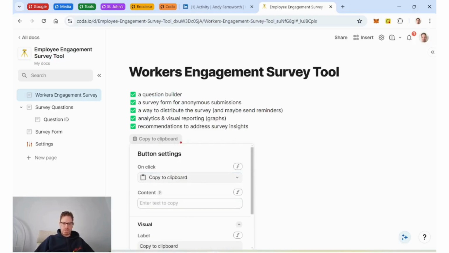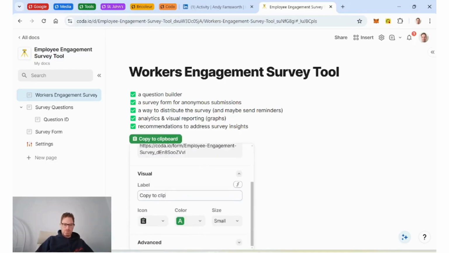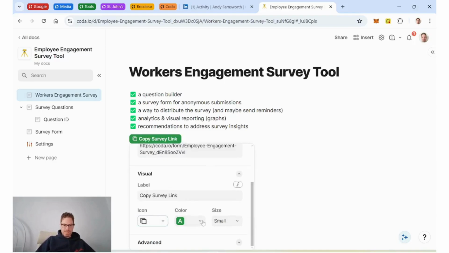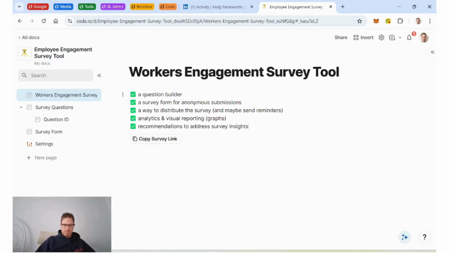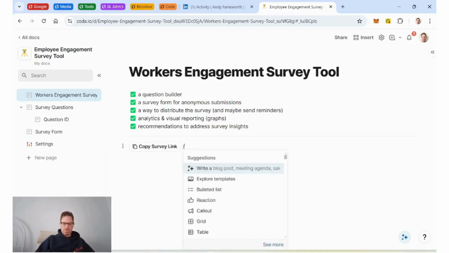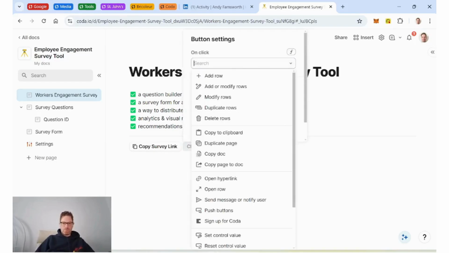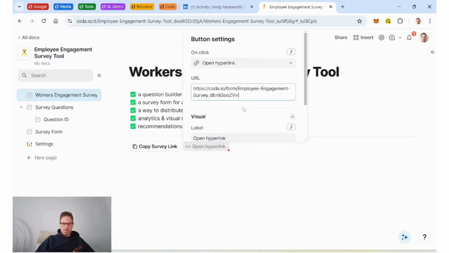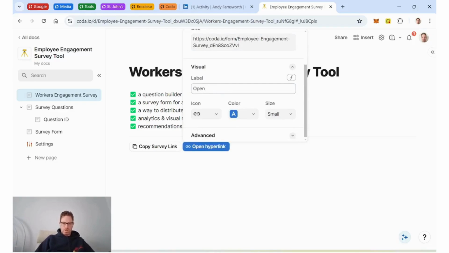We just say the text to copy is the URL, and then we can say copy survey link, and we'll just do a copy. And then beside that, I'll do another button that's actually going to open it. So open hyperlink, and the URL will be this, where we'll say open survey,